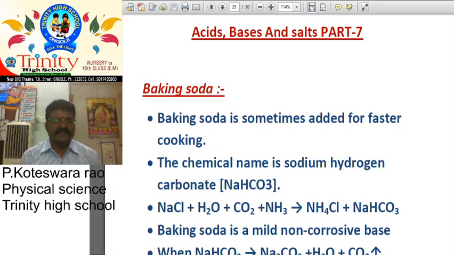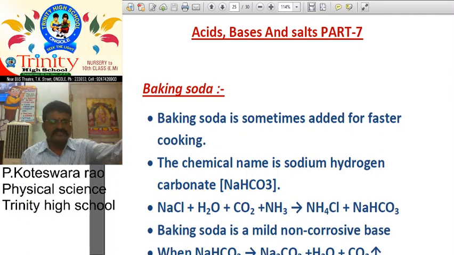How is it prepared, sir? Okay, we already know a little information about baking soda, but how is it prepared? It is prepared from NaCl. We already told that through the NaCl brine solution, you prepared NaOH solution. And after that, the chlorine gas formed, with the help of that chlorine gas and dry slaked lime, we already prepared bleaching powder. And what about the third one?